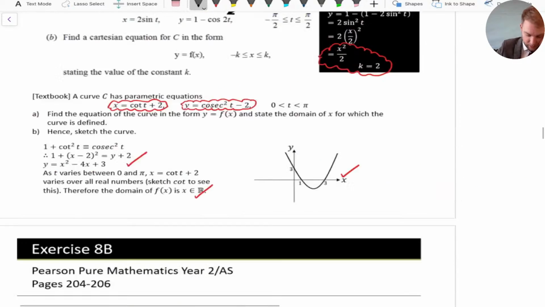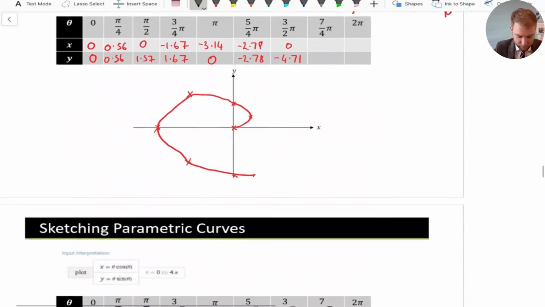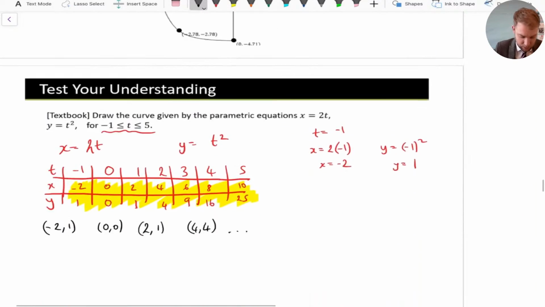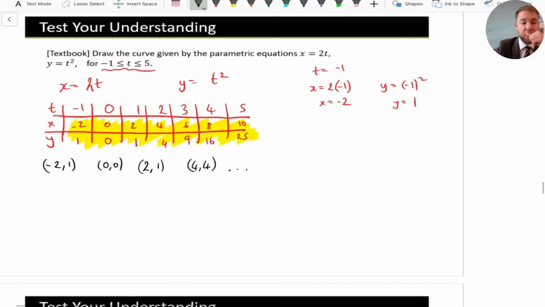So I'm drawing on here. Right, do make sure you're having a go at the exercises at home if you're catching up. And I'm just going to